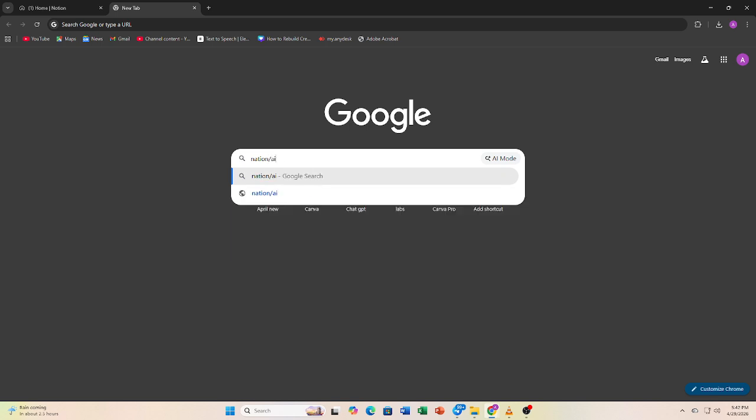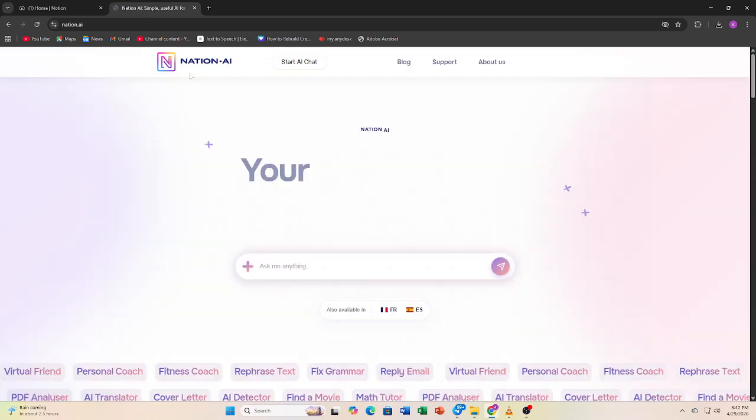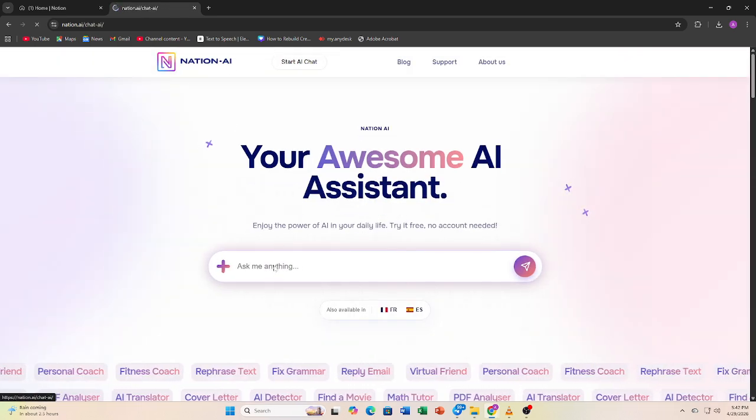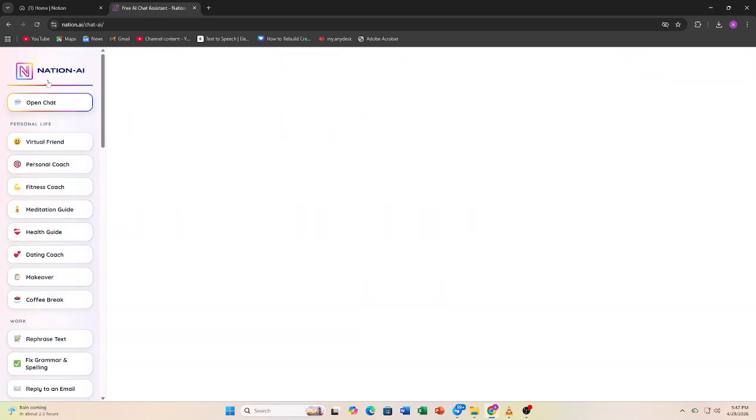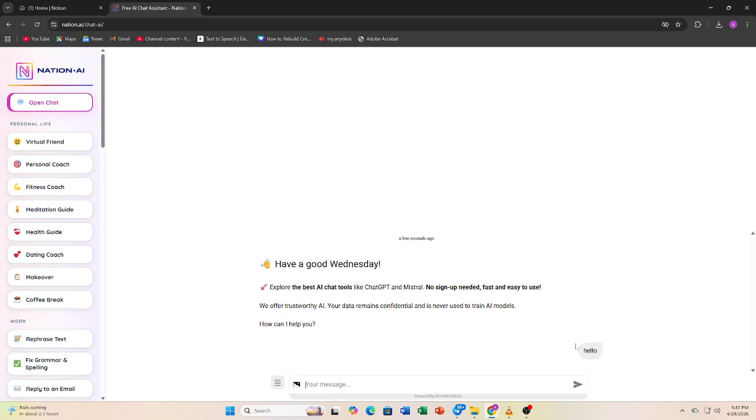Next, type your prompt clearly. For example, you can ask it to write a blog intro, summarize a paragraph, or generate ideas. Then press enter and let Notion AI generate the content for you. It usually takes just a few seconds. Once the content is ready, you can edit it or ask the AI to rewrite, expand, or simplify it, depending